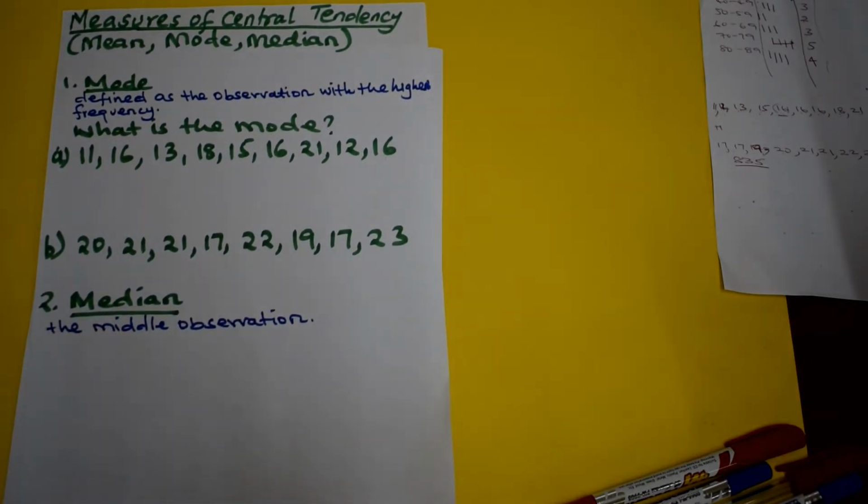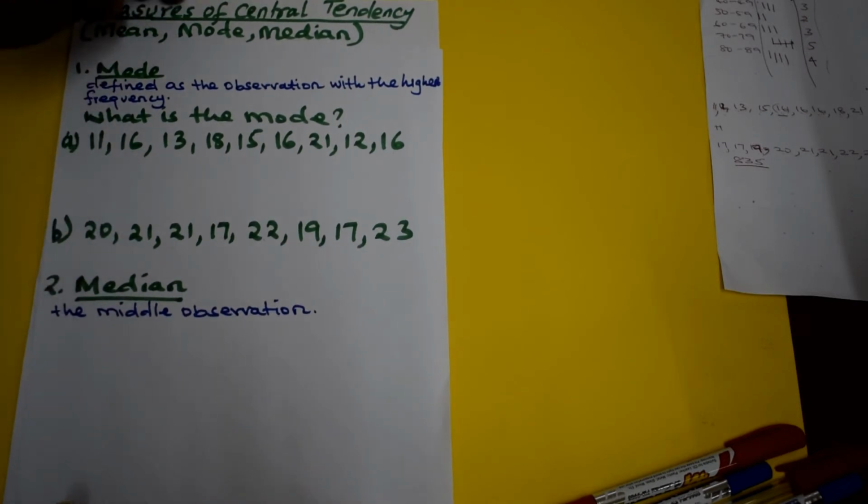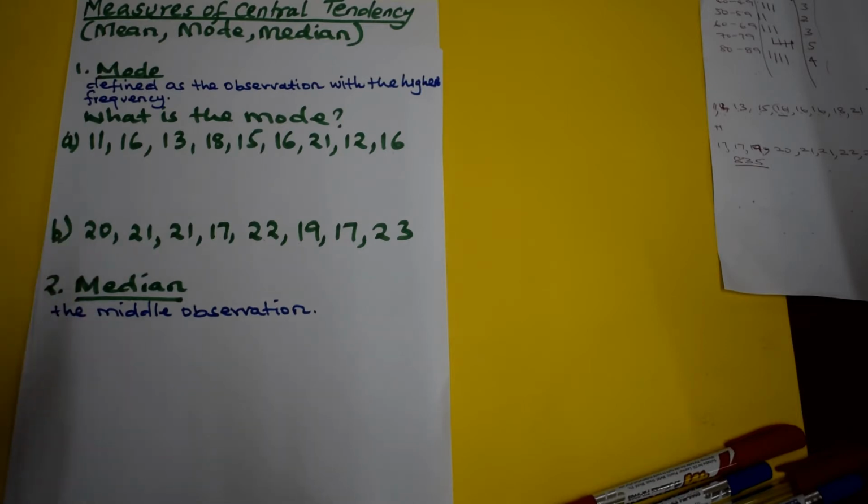And these are measures that I'm sure you have heard of: measures of central tendency. One is the mean, the mode, and the median. These are things that we have heard of. We call them measures of central tendency because they move us toward a certain average. So the first one we call the mode, and a mode is defined as the observation with the